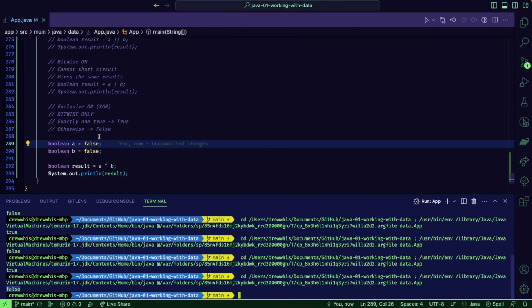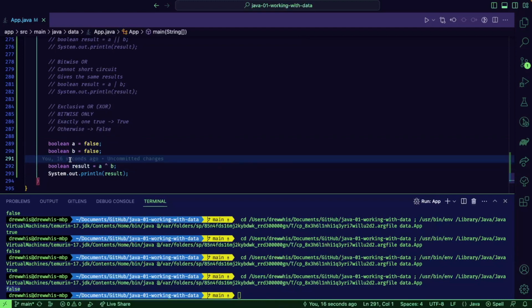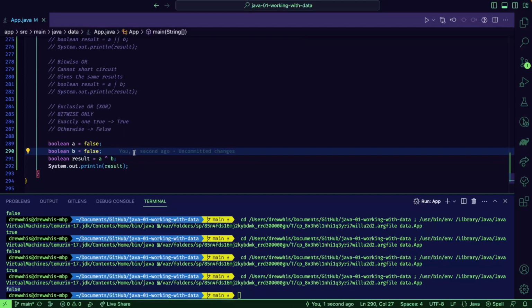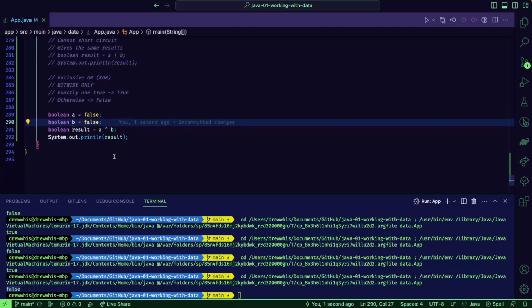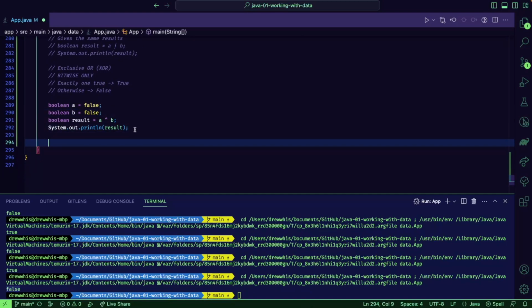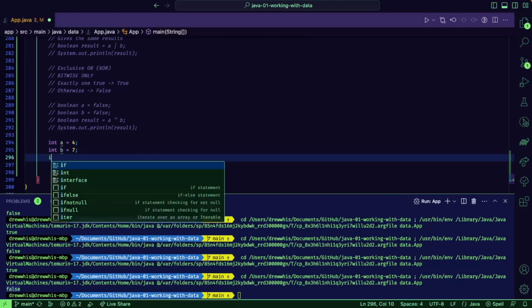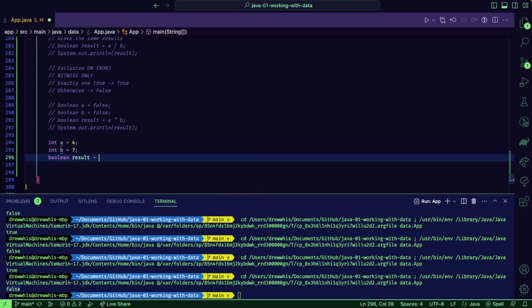And if we change both of them to false, we'll get false because one of them has to be true. And the reason there's no short circuit version of this one is because you can't short circuit it. Because exactly one has to be true, it will always have to check both operations. So that's why this one doesn't have a logical version that can short circuit, but it does have the bitwise version. The reason the bitwise versions of these functions are important to know is maybe a little bit surprising, but you can actually treat things like ints, like if A is 4 and B is 7, you can actually get a result by taking